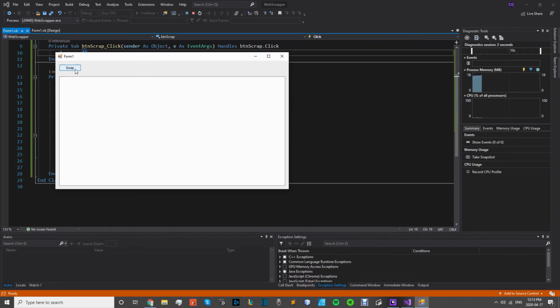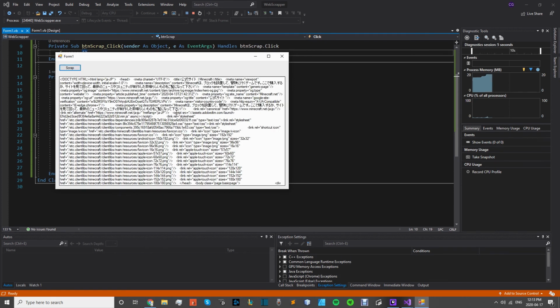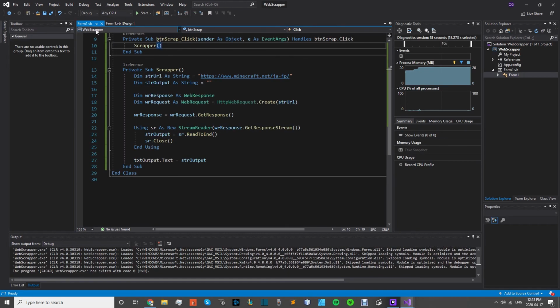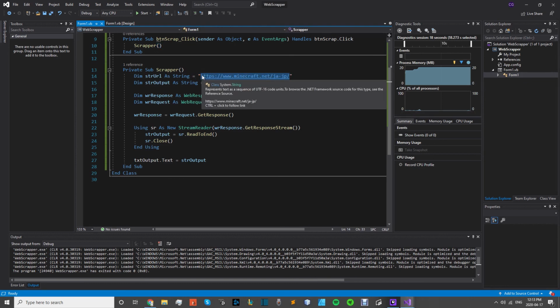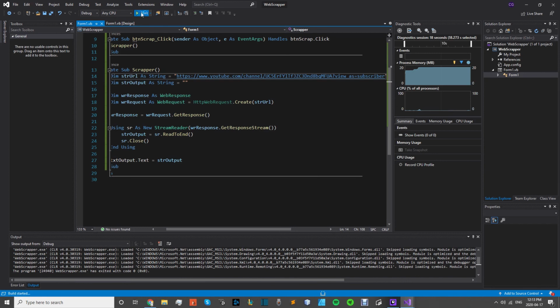So if we go here and we hit scrape, yeah. So this is the Minecraft website, and as you can see, Minecraft name resources favicon.icon. That is the icon for the Minecraft webpage. But yeah, we can throw in any old URL into here. So if we go YouTube, and if we hit view your channel, so let's throw my channel in here, YouTube page, and we'll save it, we'll run it,